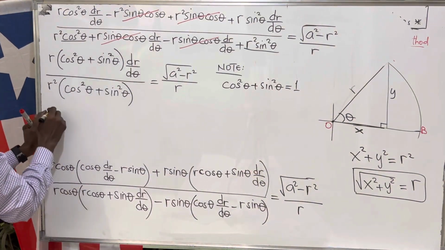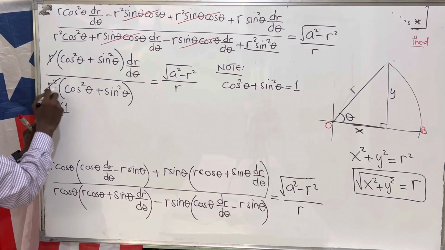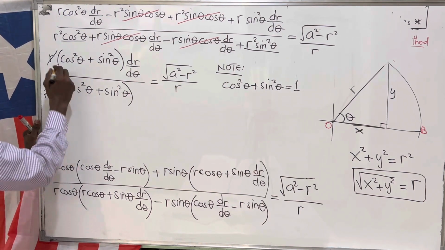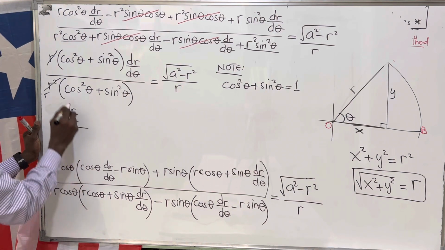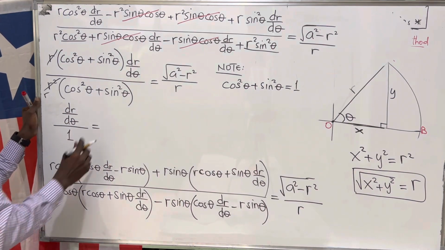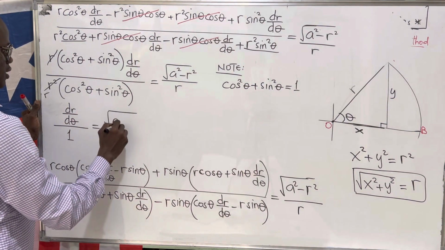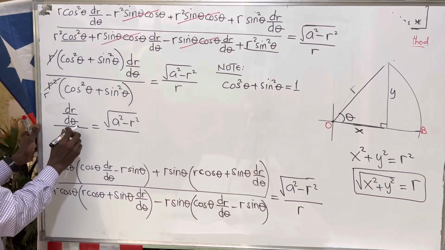So right between here, we're going to have r times 1. In fact, this r can cancel one from here. So it will just be the dr over d theta divided by, so this one is just 1, equals the root of a square minus r square all over, sorry, so we have r here as well